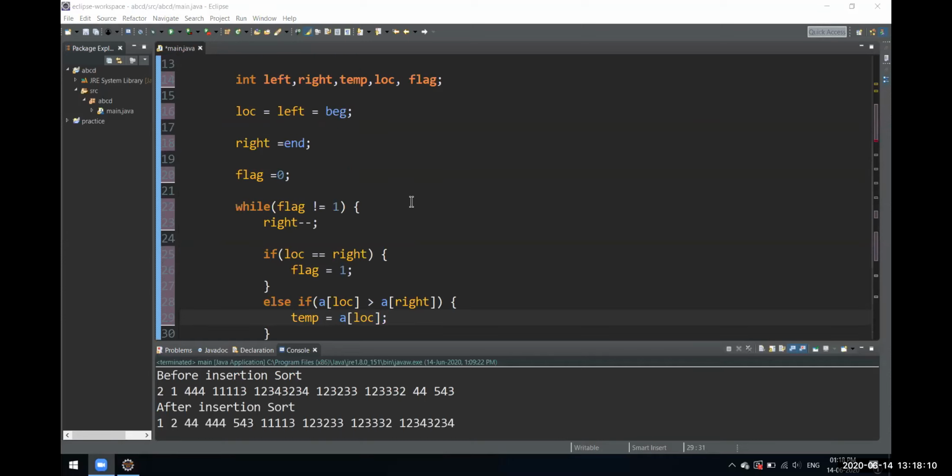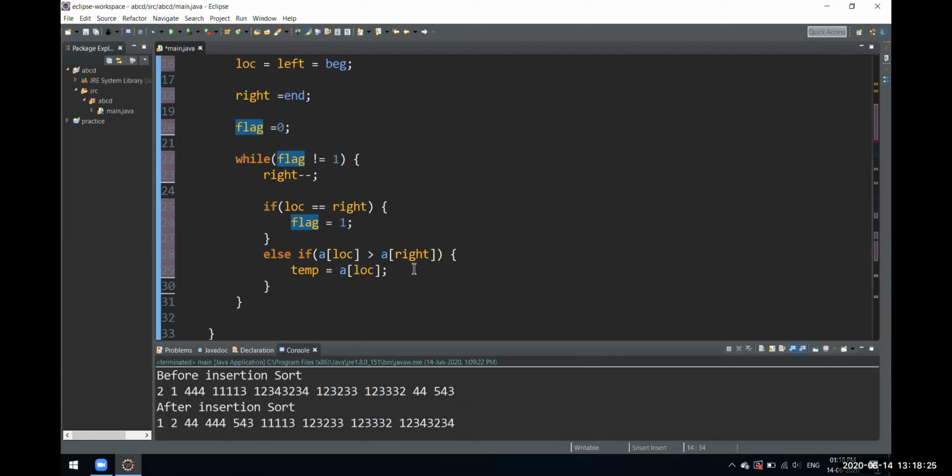LOC is just a variable we defined over here, just an integer. I'll tell you why we defined all these variables we needed. Just hold on. I'll just cook up the whole code and then I'll tell you how this is working. Just wait for some time.